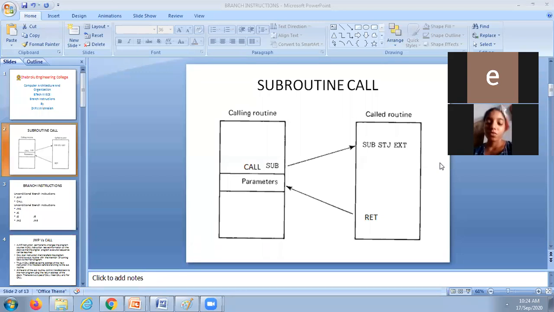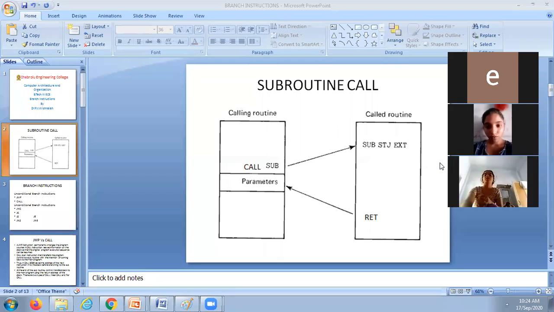Once I don't find the duster in the class, what can I do? I will ask one of you, the CR, to go to the staff room and get the duster. That is another task. While one program is executing, we are doing another one. During that time I have to wait for him. Once I get the duster, I will clean the board and then start. That is an example of a subroutine.